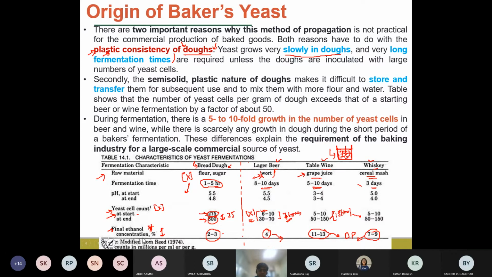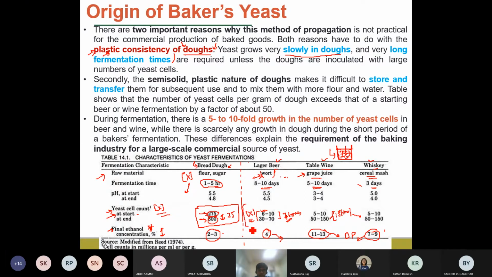Okay, so this final ethanol concentration is after the fermentation, in which there is a mixture of other media components, the biomass and other things mixed with it. After that, the ethanol is separated out through distillation, and then purification and other things are carried out. Then the ethanol concentration is going to change, and the purity is going to change. So from this table, what we can see is that if the fermentation is carried out in a semi-solid nature like bread and dough, the desired biomass concentration cannot be obtained.